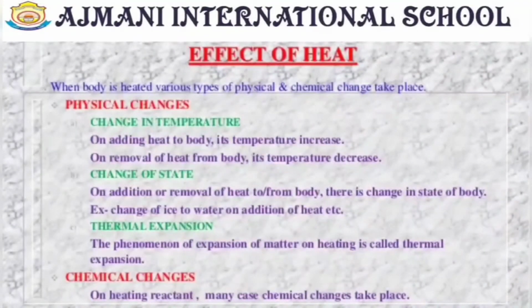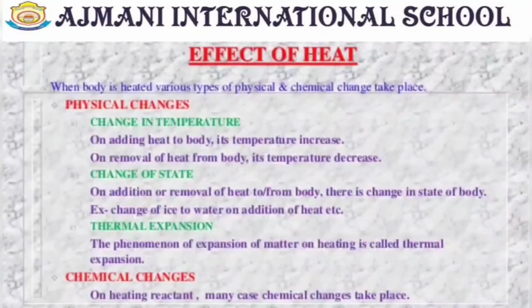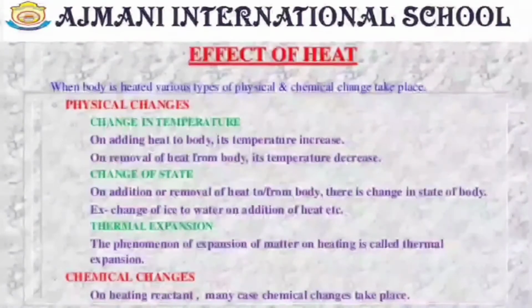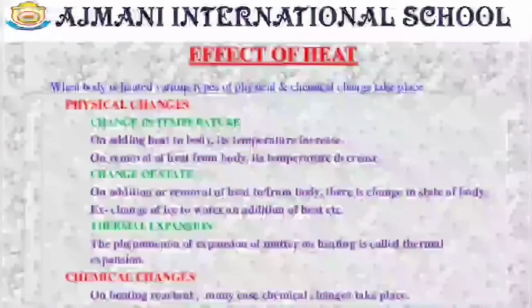If you put your ice cream in a plate for some time, the solid ice cream will convert into liquid, and this is called the change of state. The thermal expansion. Thermal expansion can be explained in such a manner that when you are heating some liquid material, it will start expanding because of the heat, and it will take the place whatever is present there. The chemical changes that occur because of it: on heating the reactants, we get some different products, like you are getting rice cake after heating the raw rice.